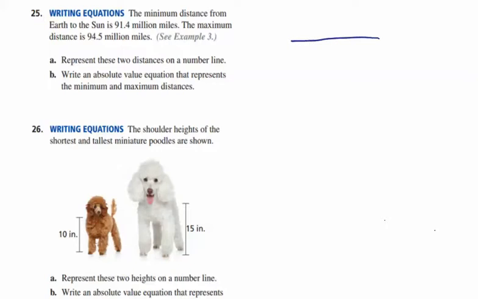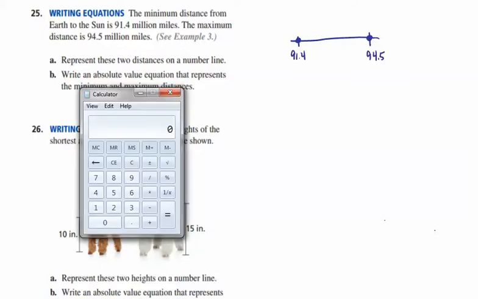So we're going to start with our number line. We place on there 91.4 as the minimum value, 94.5 as the maximum value. We'll bring up our calculator to find the average of those two numbers, 91.4 plus 94.5 equals 185.9. We're going to divide that by 2 to get the average, and we have 92.95